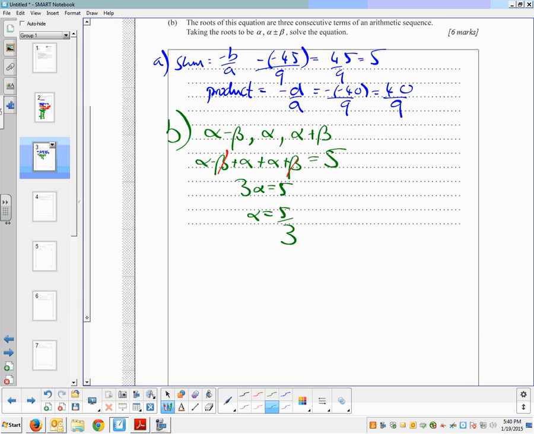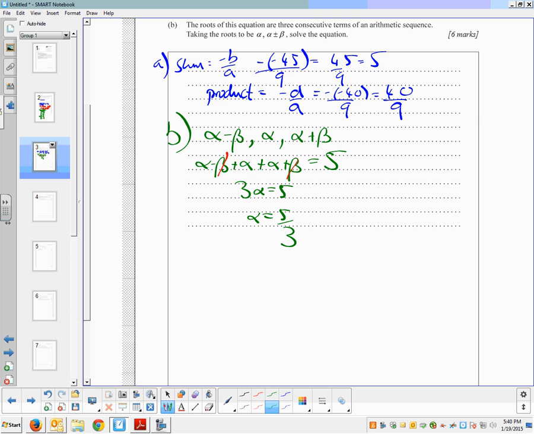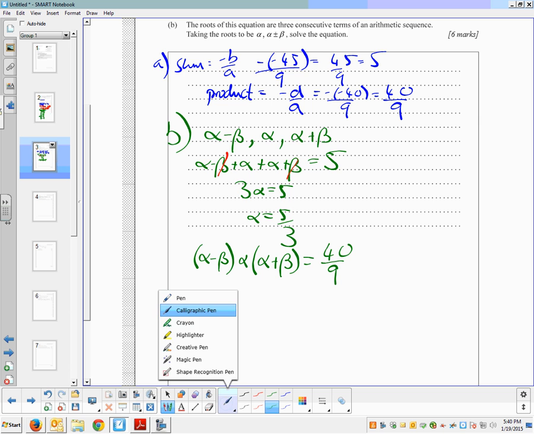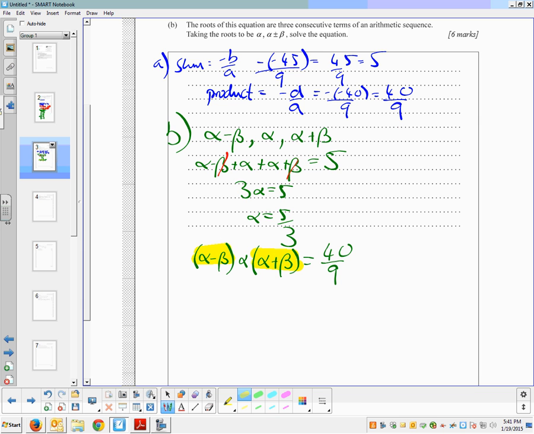I haven't used the product yet. So the product we know is 40 over 9. It must be alpha minus beta times alpha plus beta times alpha is equal to 40 over 9. Now, I know alpha is 5/3. You can also spot that that's going to be the difference of 2 squares, so that will make things easier. So we get alpha times alpha squared minus beta squared is equal to 40 over 9. Substituting in the alpha that we know,